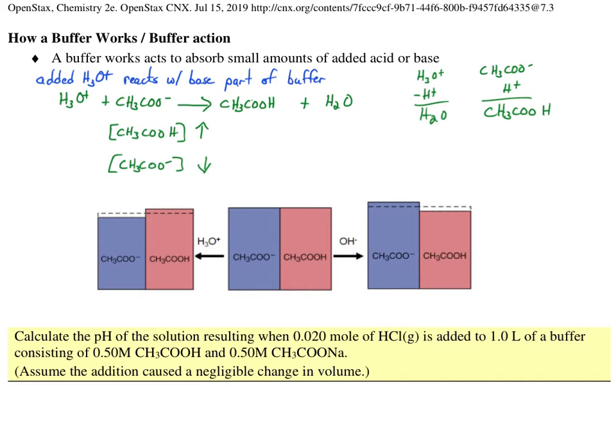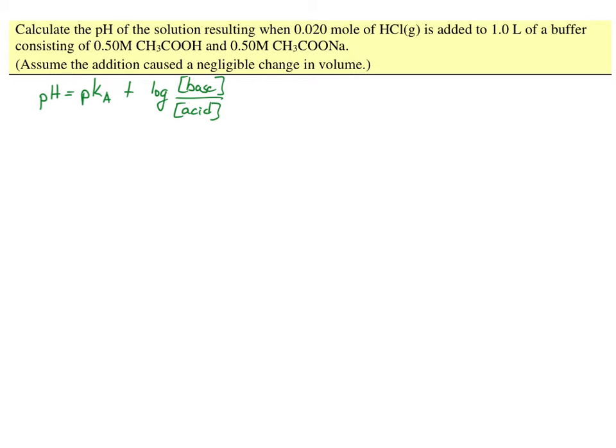Now let's consider the quantitative aspect. This is a buffer. We're going to use the Henderson-Hasselbalch equation. We know what the initial concentrations are of the base and the acid. We don't know their concentrations yet after they have reacted with the added strong acid. We know the initial concentration of the acid and its conjugate base. We know the volume of this solution, so we can easily calculate the initial moles of our acid and its conjugate base. And since they have equal concentrations here at the start, they have the same number of moles at the start,